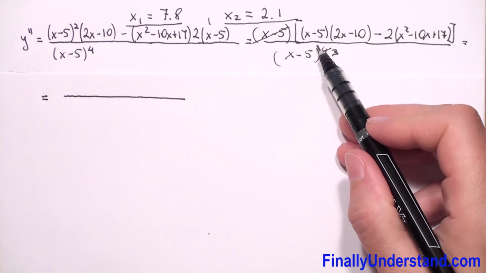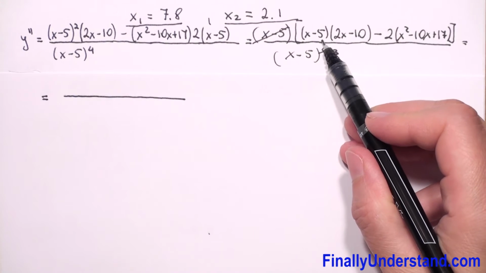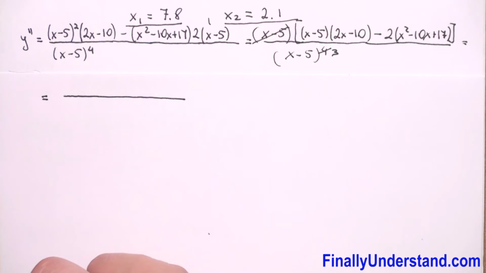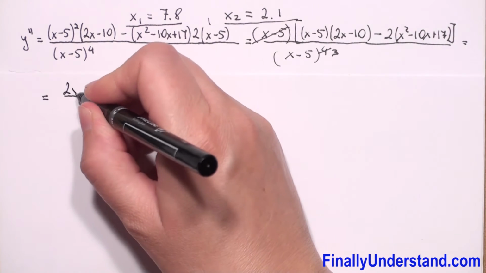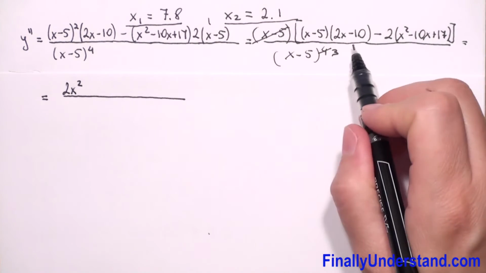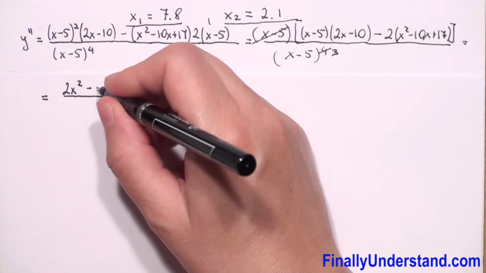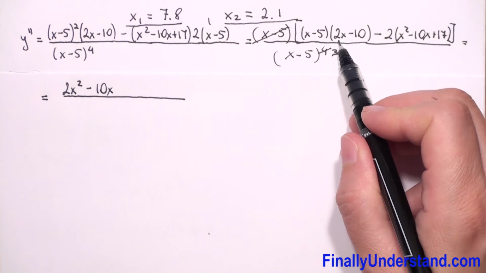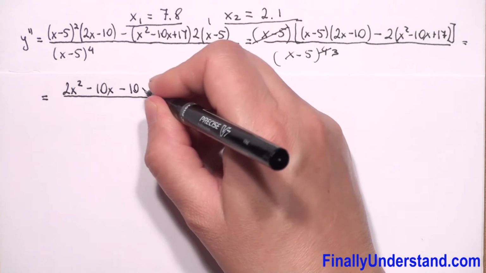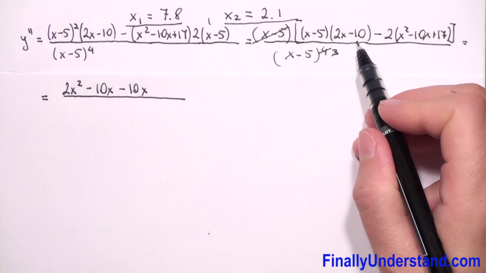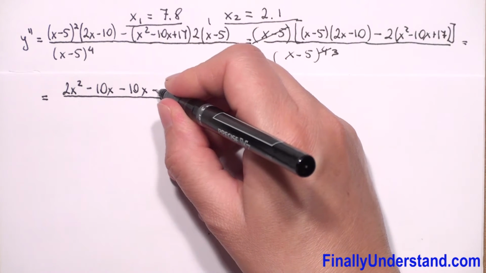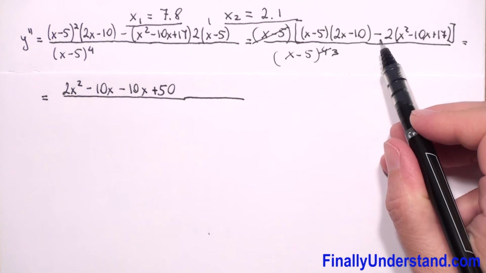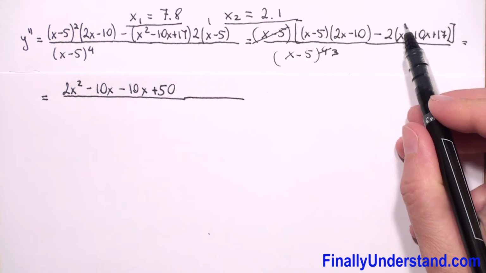In the numerator we have to multiply x minus 5 times 2x minus 10 first, so it will be x times 2x is 2x squared, x times negative 10 is negative 10x, and now we have negative 5 times 2x is negative 10x, negative 5 times negative 10 is positive 50, and we have to multiply negative 2 by this whole